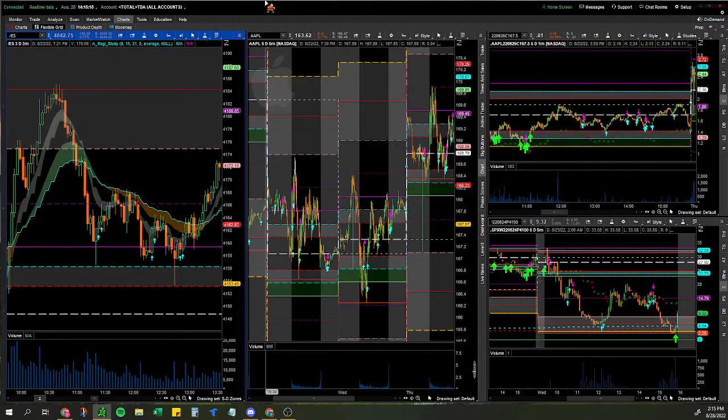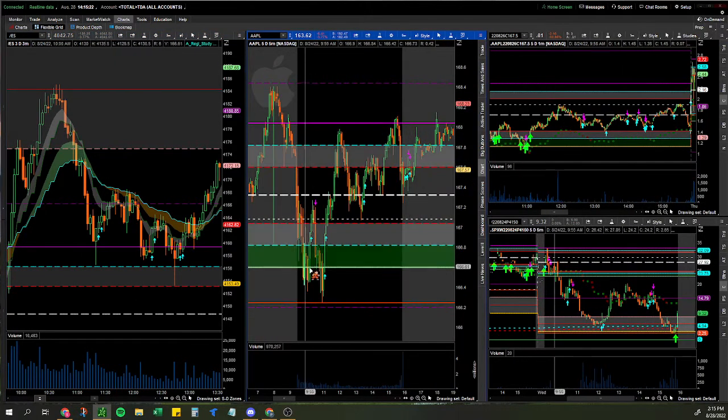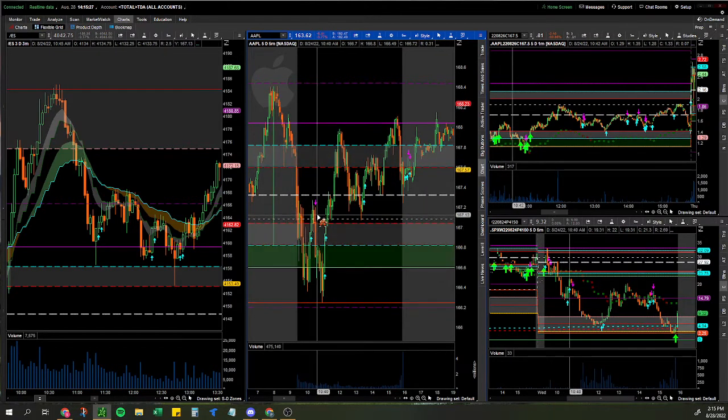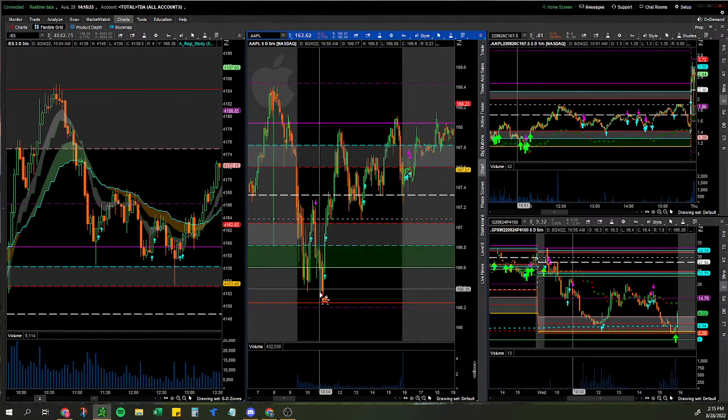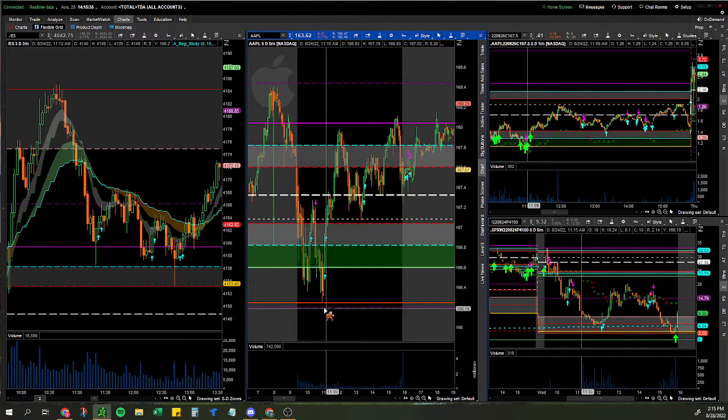But sorry, Apple, Wednesday, we slip down to burger bottom, start to bounce up, can't get through the previous day's open, that white line, so we go back down, make the H, getting close to that purple hash line, and when we're at that purple hash line,